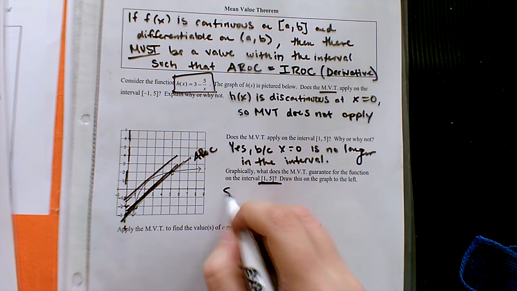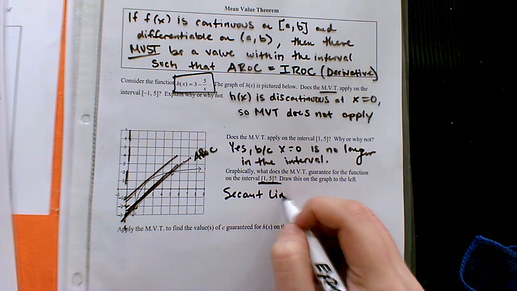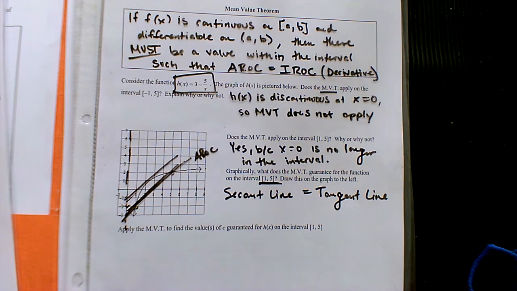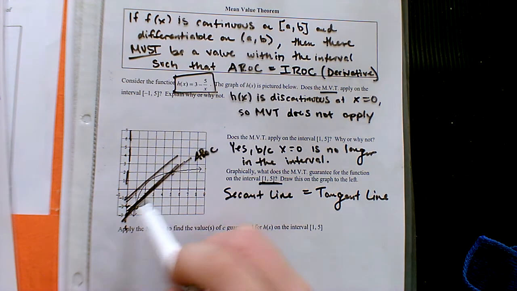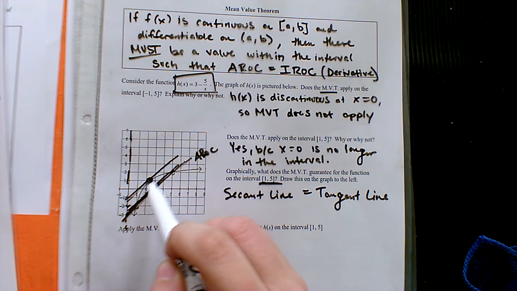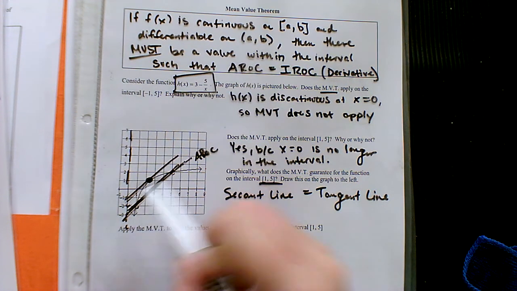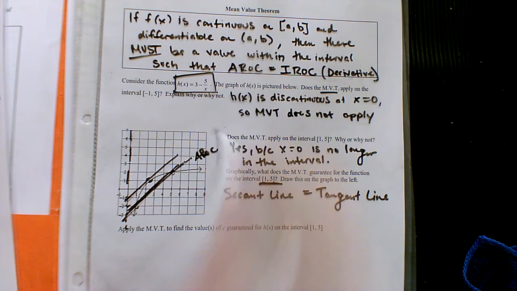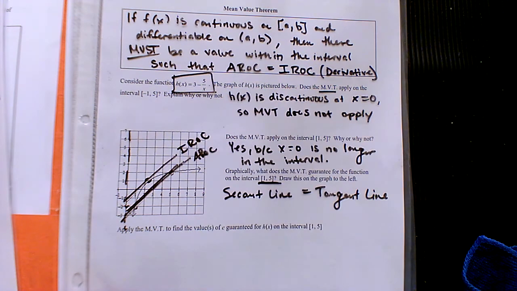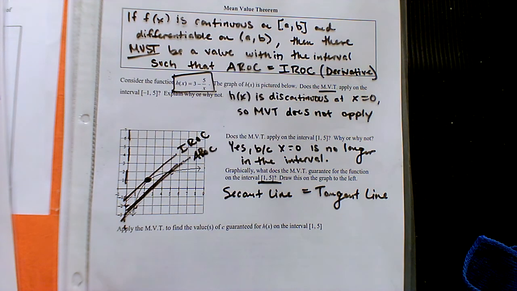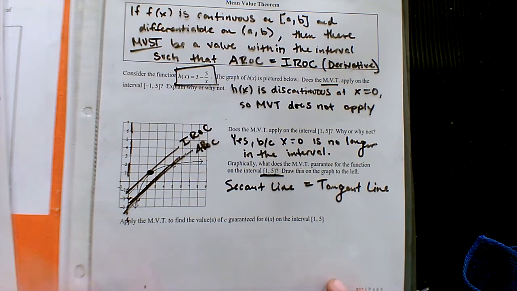So graphically we're trying to show how the secant line would equal the tangent line at some point if you did some shifting. So wherever this spot is, somewhere right there, that's the special spot guaranteed by this mean value theorem, where this average rate of change is equal to the instantaneous rate of change, aka derivative or slope of tangent line. So we're going to try to figure out what this value is. Now graphically it looks like something a little bit more than 2. So let's see if we can figure that out by hand.